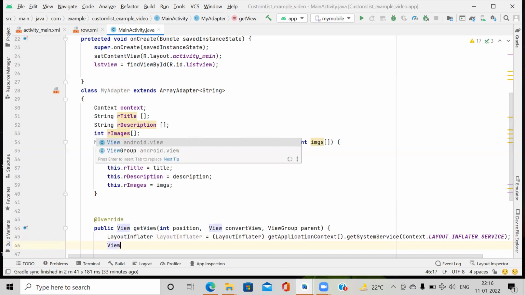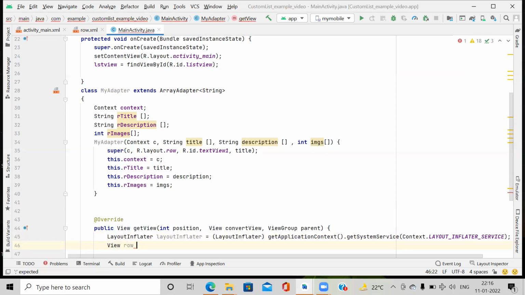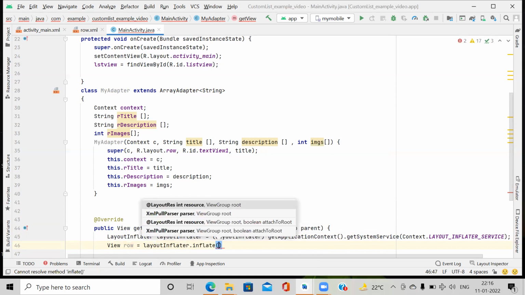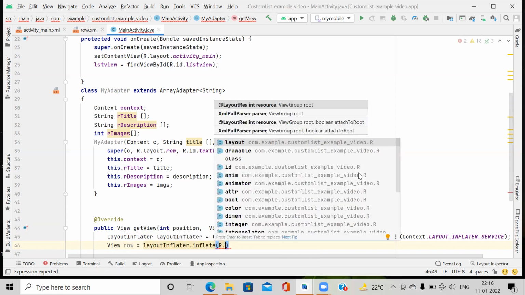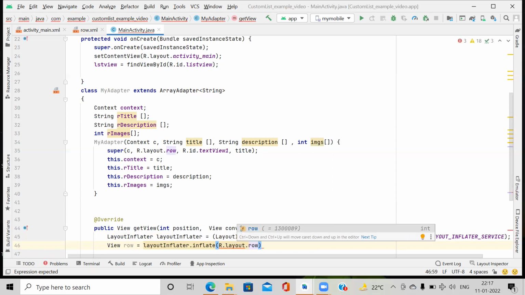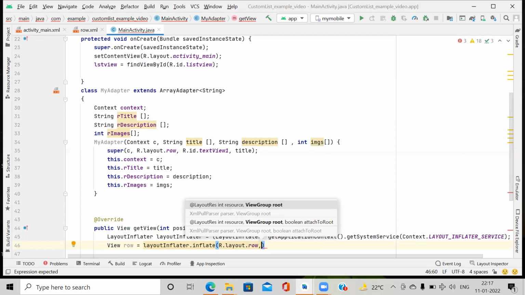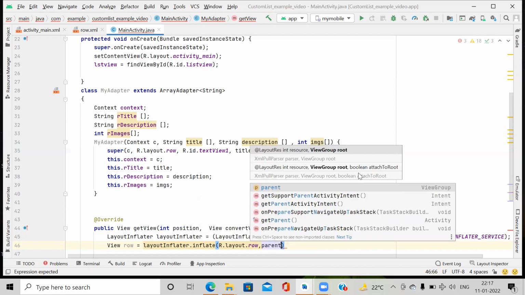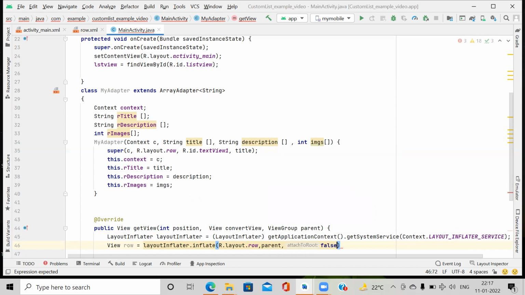Then we use here row view is equal to layoutInflater.inflate, in brackets, R.layout, and that file name, that is the one we created, R.layout.row, parent, with parent, here false.